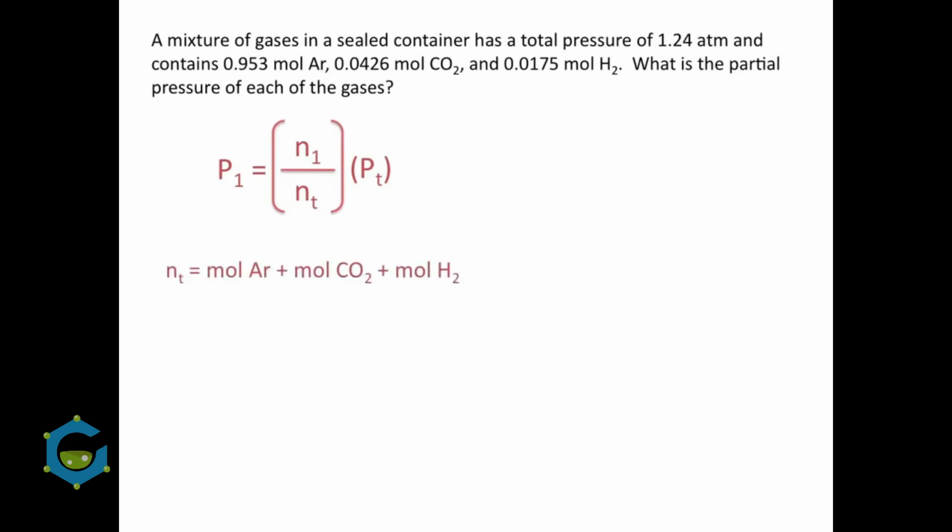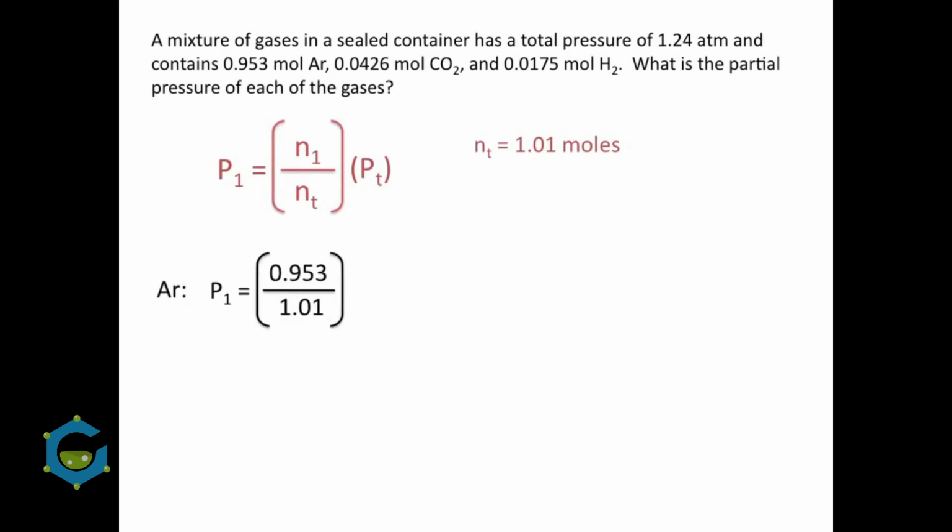So the total number of moles is equal to the moles of argon plus the moles of CO2 plus the moles of H2. So 0.953 plus 0.0426 plus 0.0175 to give us a total number of moles of 1.01 moles. Now to find the partial pressure, we take the mole fraction of that gas. So the mole fraction of argon is the number of moles of argon, 0.953, divided by the total number of moles, 1.01, multiplied by the total pressure, 1.24 atmospheres. So the partial pressure of argon in this mixture is